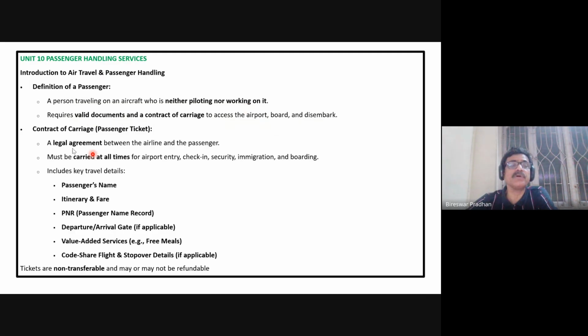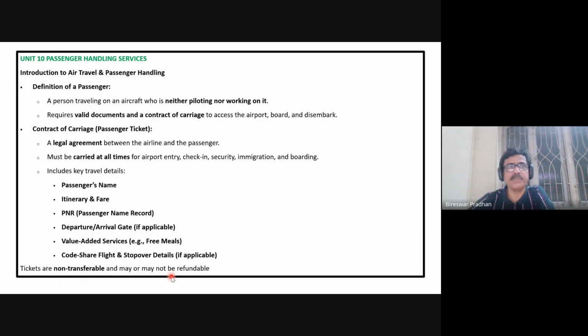the valid documentation and contract of carriage. A passenger ticket, a legal agreement between the airline and passenger, must be carried at all times for airport entry, security checking, immigration, and boarding. It includes key travel details: passenger name, which is required, itinerary and fare, PNR (passenger name record), departure and arrival gate if applicable, value-added services like free meals, and codeshare flight and stopover details if applicable. Tickets are non-transferable and